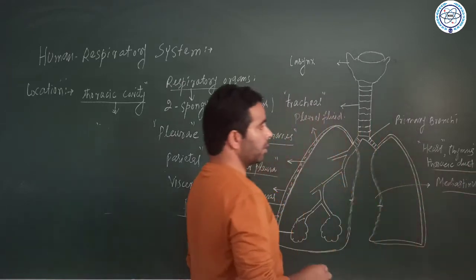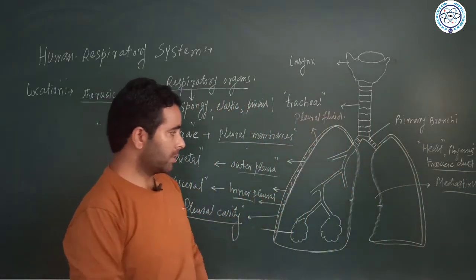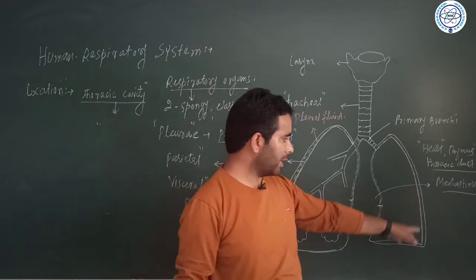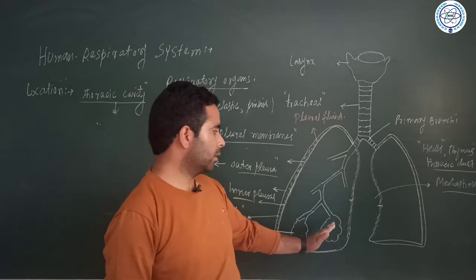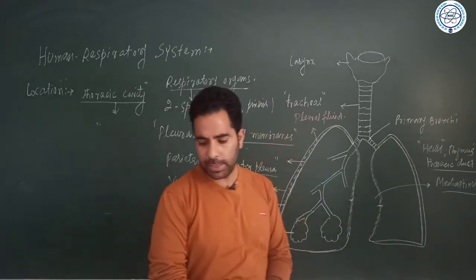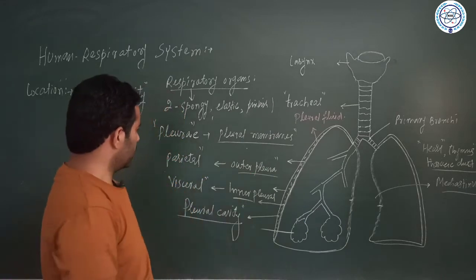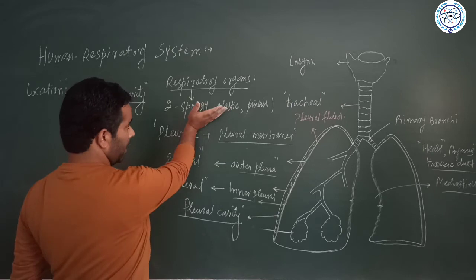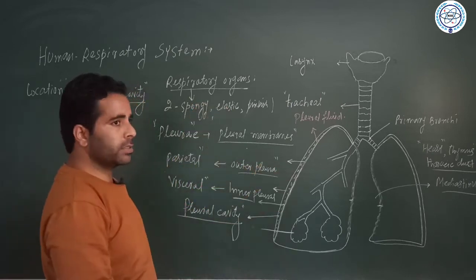So these are many organs, many structures which are accommodated, placed in the same space, that's known as mediastinum. That is actually the interval between the two pleura, the interval between the two lungs, right. Is it clear? So the first important thing that you need to understand is that there are two lungs, spongy,